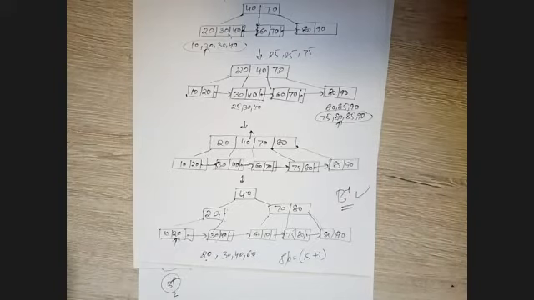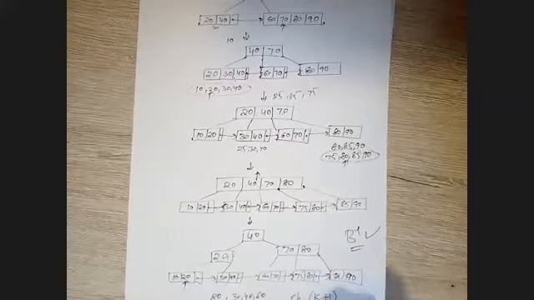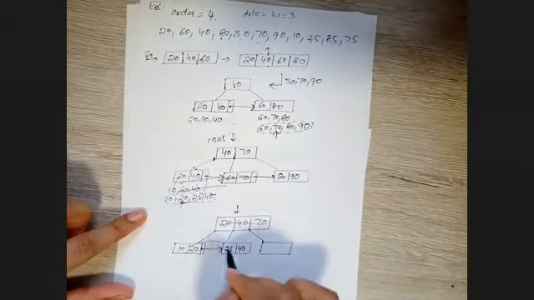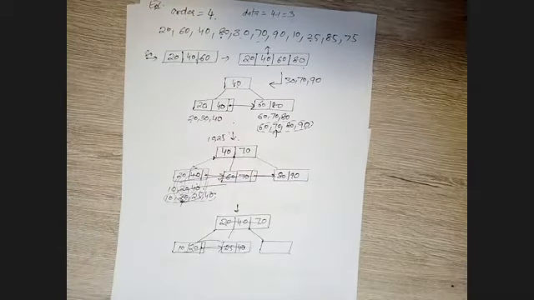But the question will be, okay, one type of question is they used to ask: given these key values, you need to make the B plus tree. Please take care of these values so you don't make a mistake. If you have understood things properly and you are making a mistake, you will get to know where you are going wrong right after one or two steps.